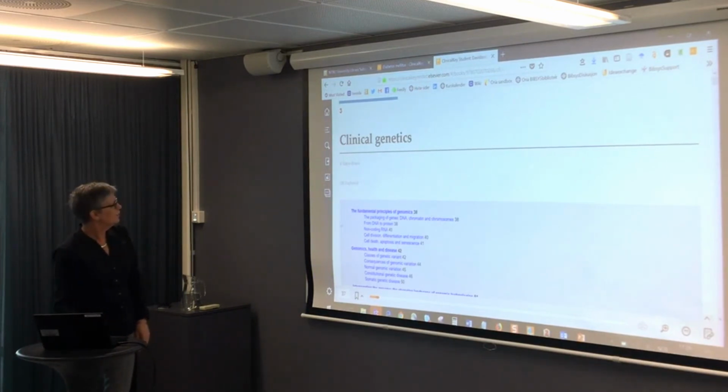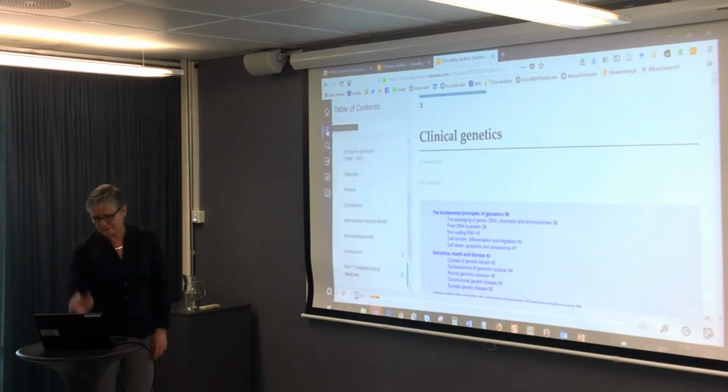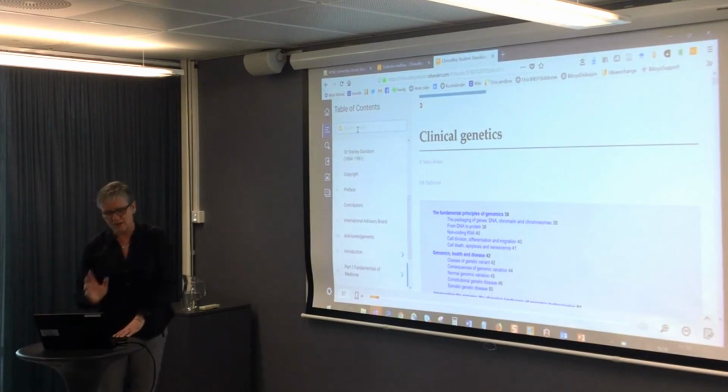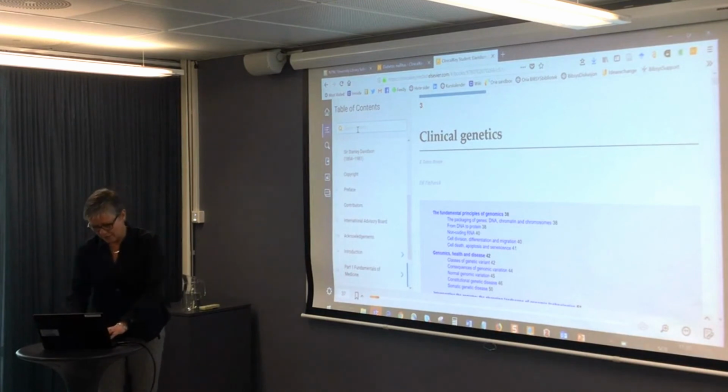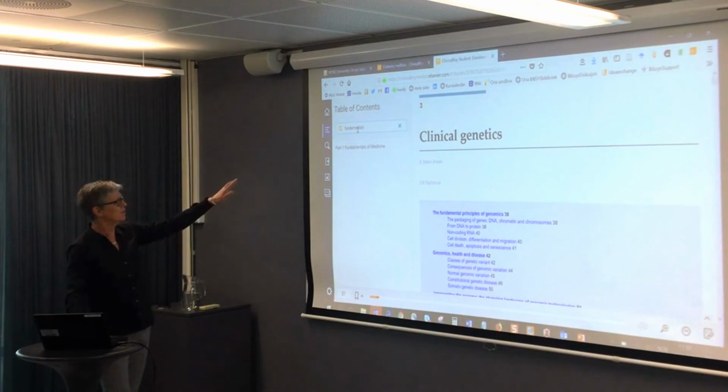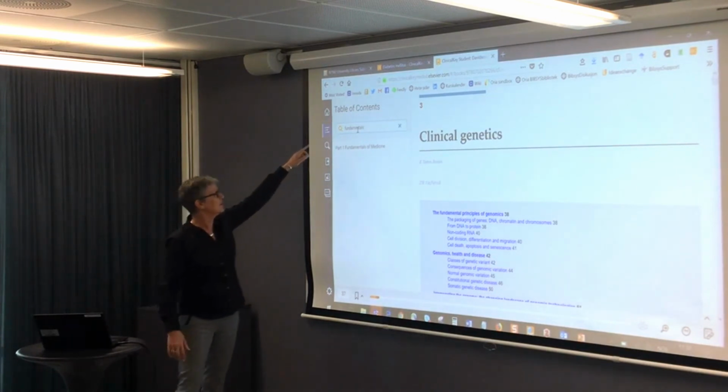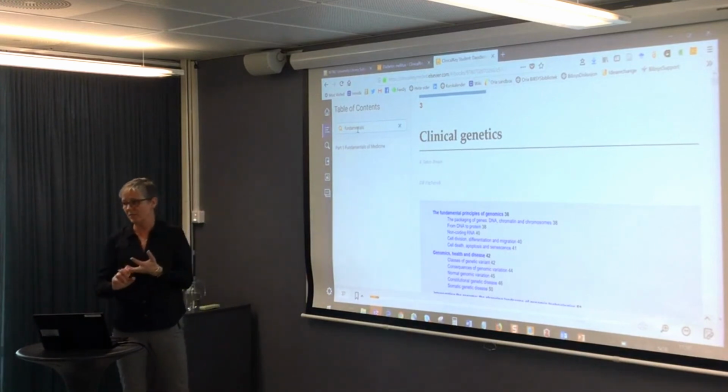If I then go to the table of contents here, you can search the table of contents. So you've got several search functions in the bookshelf. I'll look for something that I know is there because I can see it. Excuse my typing. You can see I've started to type fundamentals, so it's come up with fundamentals of medicine. That particular search box, the one in the table of contents, will find chapter headings or chapter subheadings,